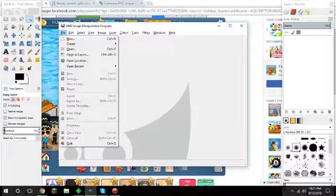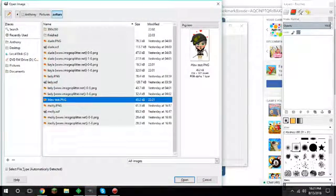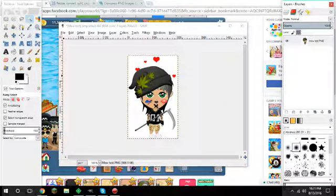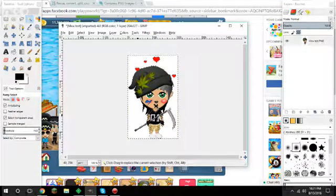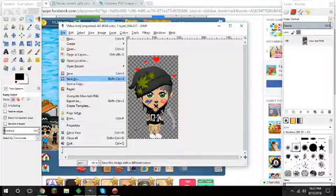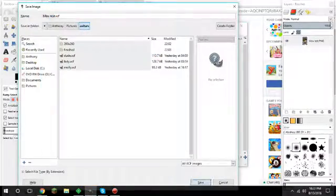But for here, to do the transparent background, you're going to have to open up the image. You want to use the wand and this weird box thing here. So you want to select what you want to cut. See, everything's all cut. There. You want to take out the parts in between any other random stuff, most of the white parts. So that's done. Now you want to just save, and it's going to save it as an